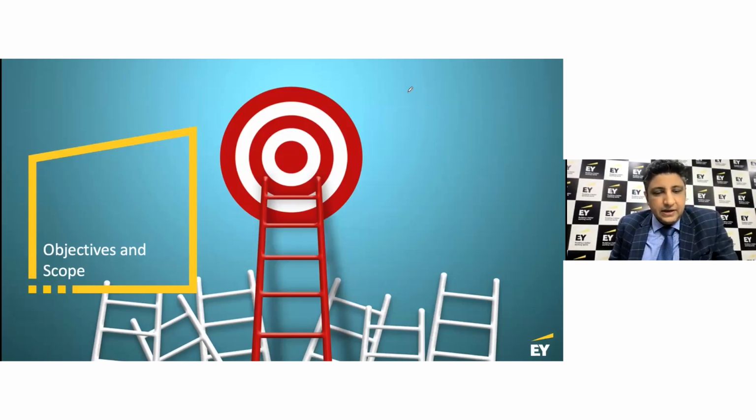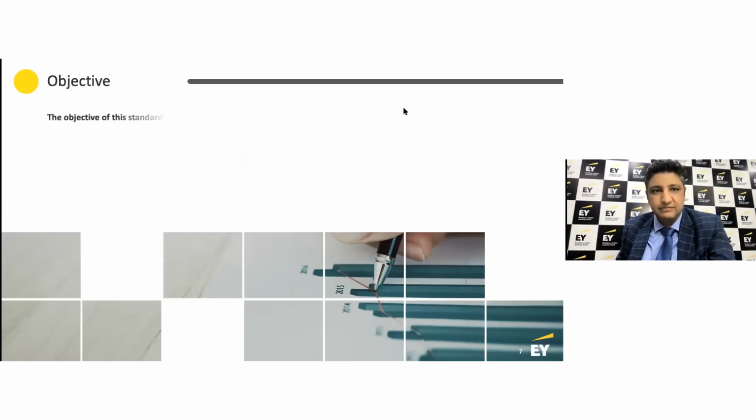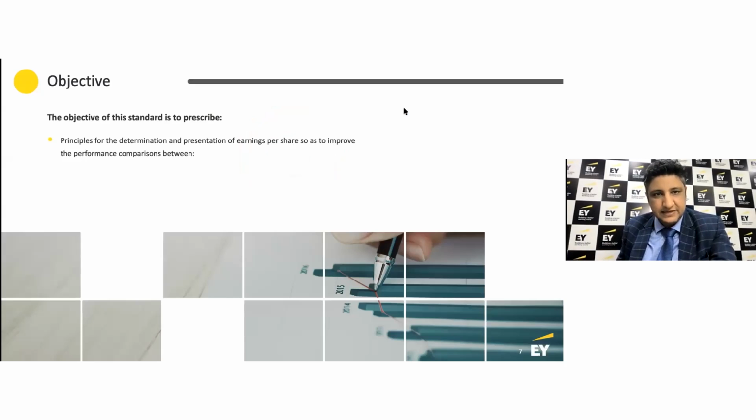Let's talk about what is basically the objective and the scope of this particular standard, right? Essentially, where we started from is, we look at the returns. Of course, the higher the better, and that's where this EPS has its own significance and relevance, right? So when we bring that context, we are saying that the idea of the standard, the very reason why the standard is created, is so that we have clarity on